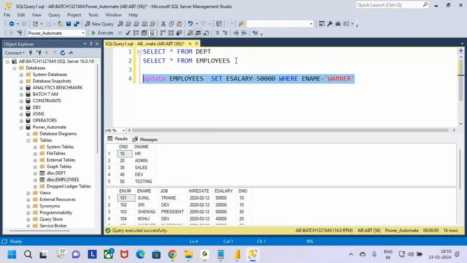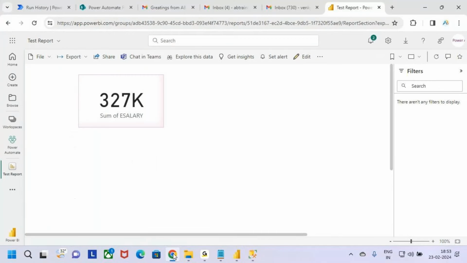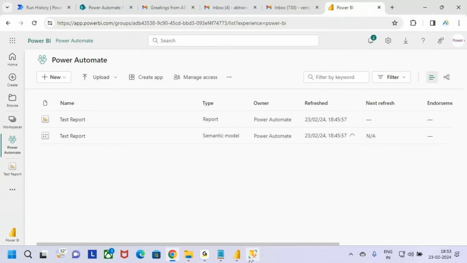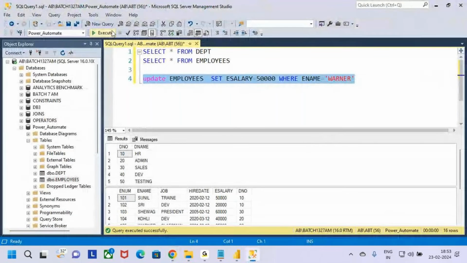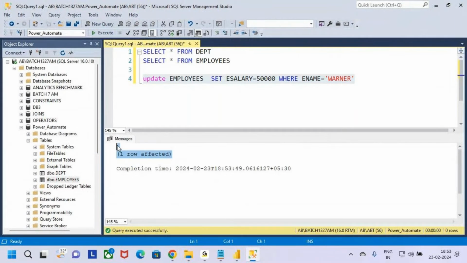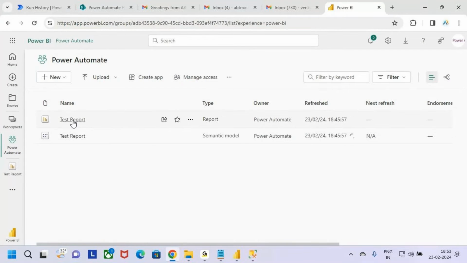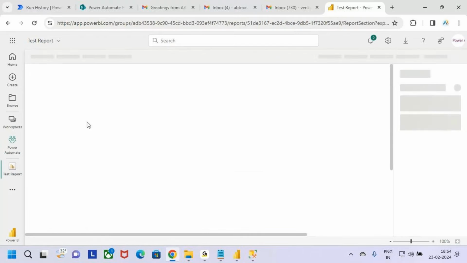Now go and update. Let me check whether the report is refreshed or not. Let me go and update. Click on execute. Now one row affected. Let me check the data. Now see, Warner's employee salary was previously 25,000. Now it is updated to 50,000. And let me go to the report and open this report and check whether the data